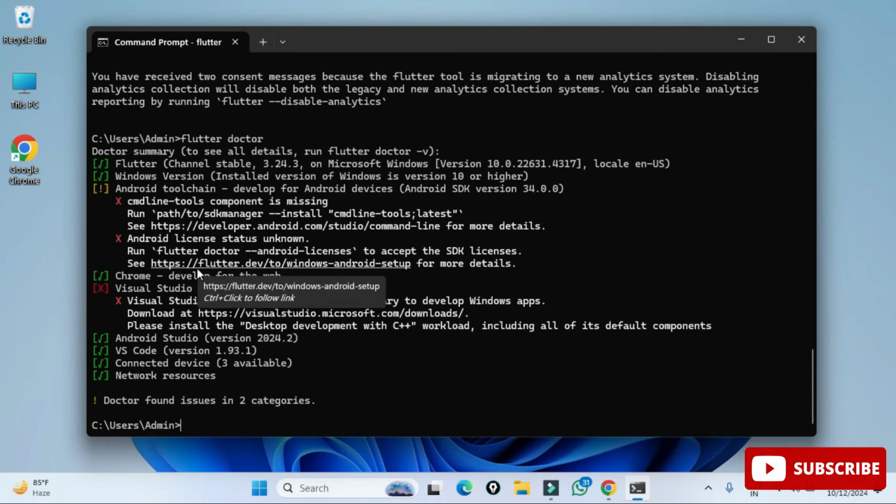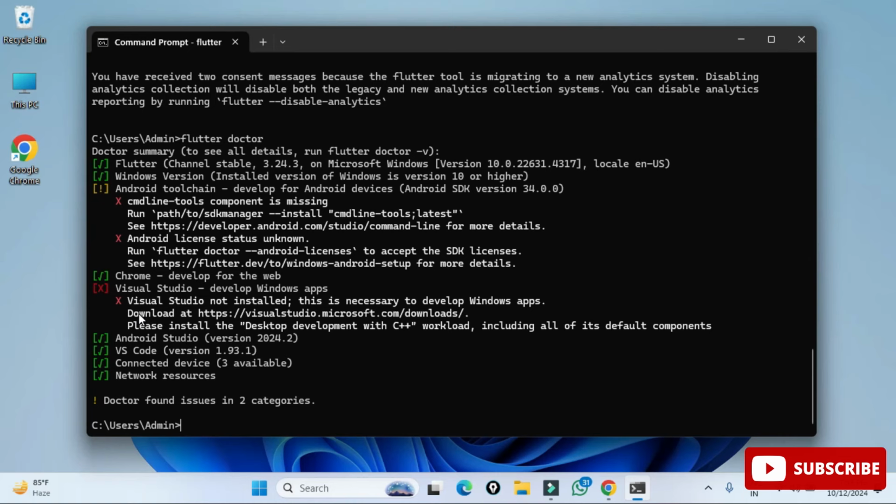So now it's showing me that Flutter is there, Windows version is satisfying. For Android it's showing me an exclamation mark and 2 cross signs. So guys you have to follow these 2 steps, that is command line tools and license agreement, whenever you are setting up Flutter with Android Studio. The below one is showing Chrome, and it's showing Visual Studio also. In this video I'm not going to show you about Visual Studio, otherwise the video will become very lengthy. I'm going to create a separate video for that, Flutter setup in Visual Studio.